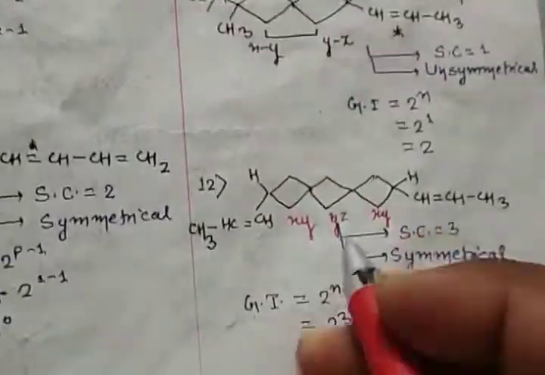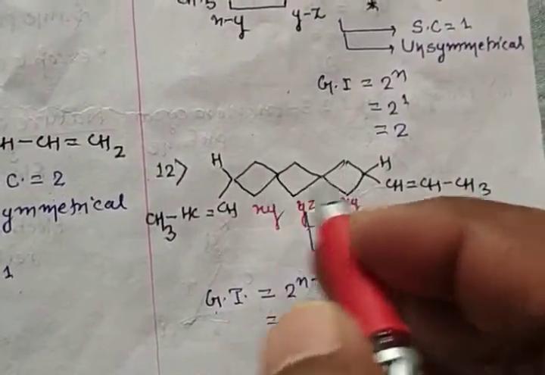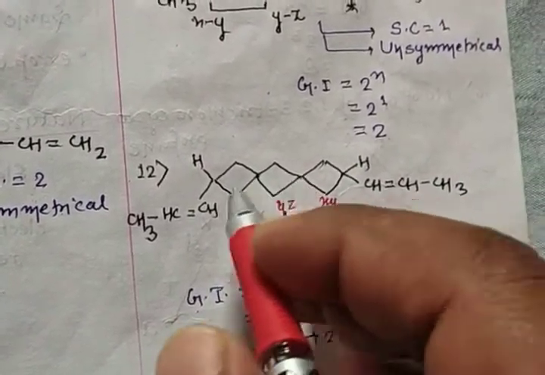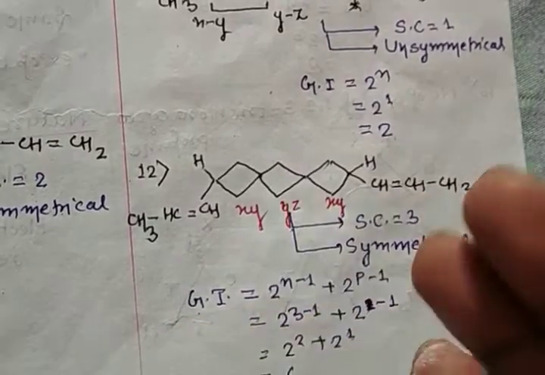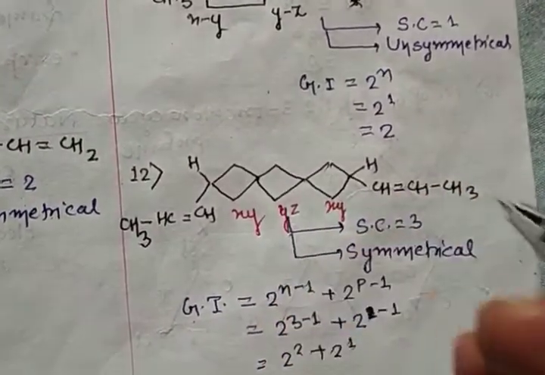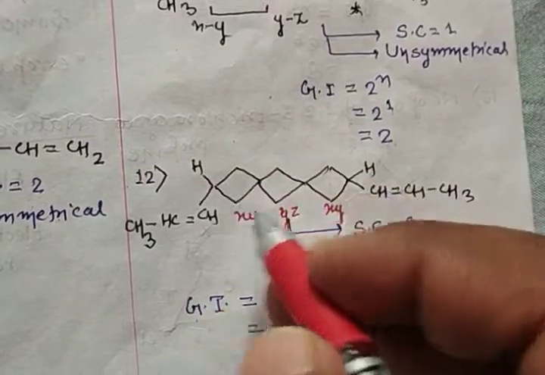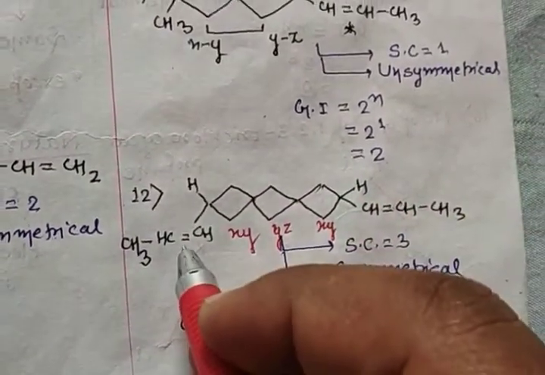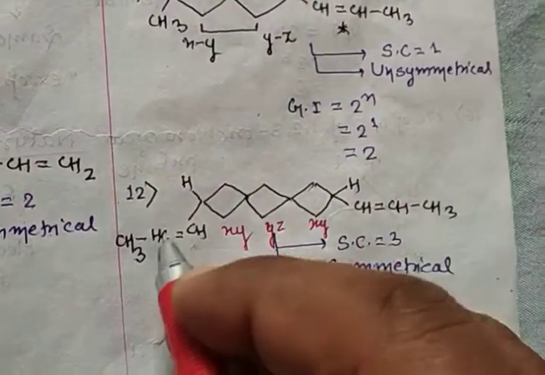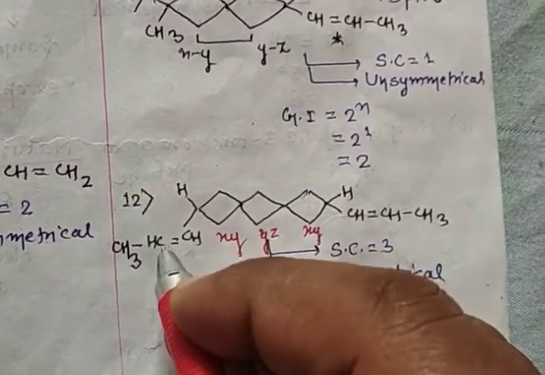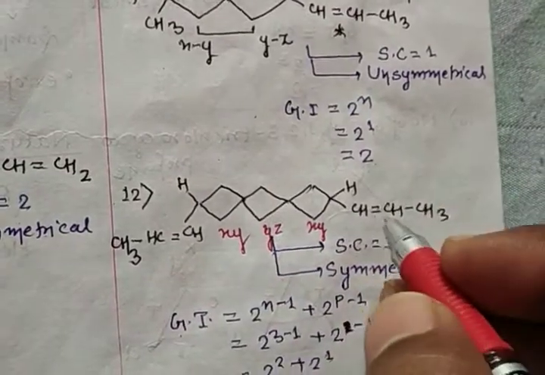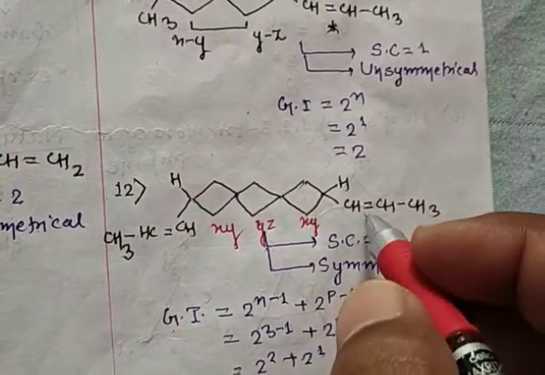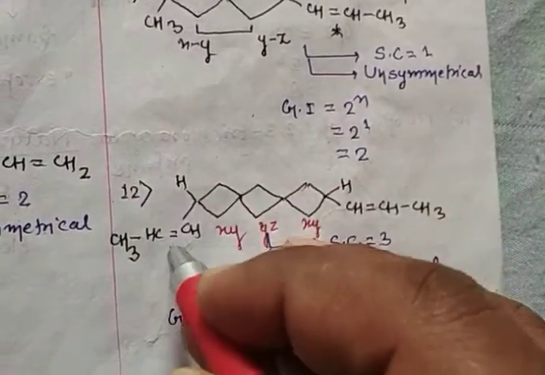It means the number of GI is 2 to the power n, which is 2. You know very well, again 3 cyclic structures, so the same XY plane is there. An odd number of double bonds or odd number of cyclic structures definitely shows one stereo center. So this whole thing has stereo center 1, and that is 1, and that is 1. Look, 1 CH and 1 CH3 and one whole group. So this is 1, this is 2 and this is 3.